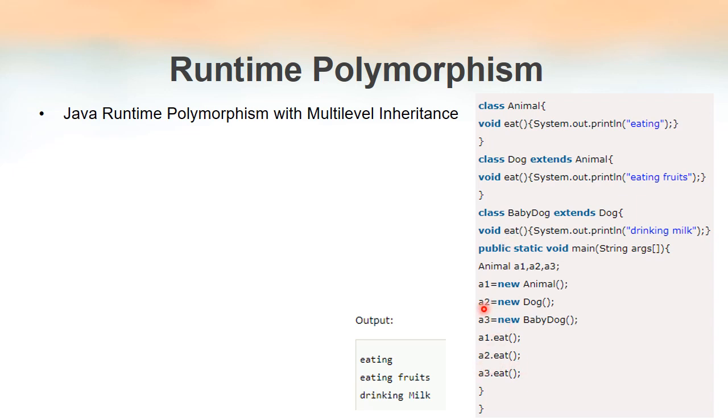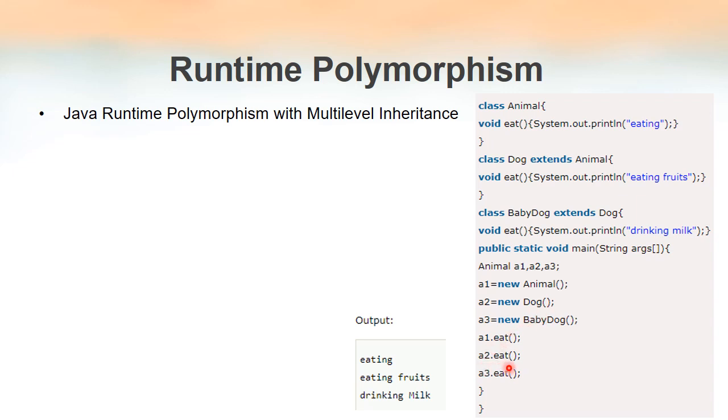Now in this line a2.eat, a2 is referring to the object of class dog. The type of variable a2 is the parent class animal. So when we call a2.eat, the method inside the object class dog will be executed, even though the type of a2 is animal. a2 being the reference variable of animal, at present is referring to the object of class dog.